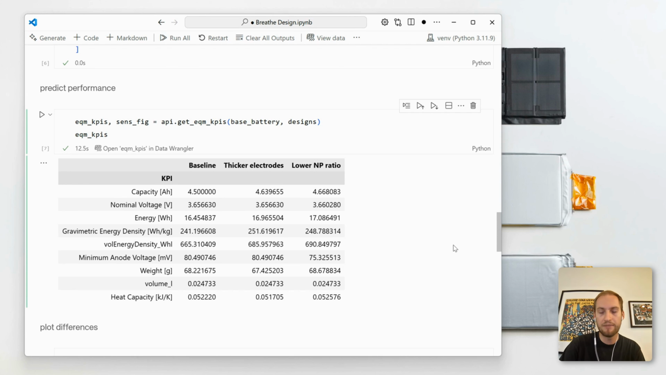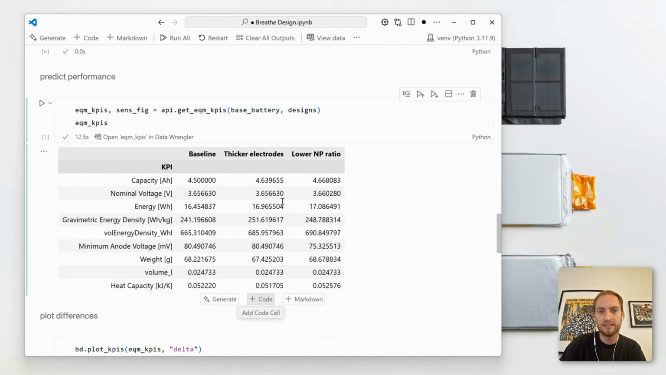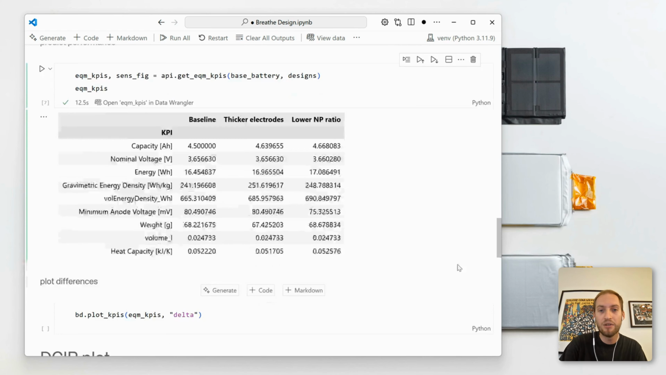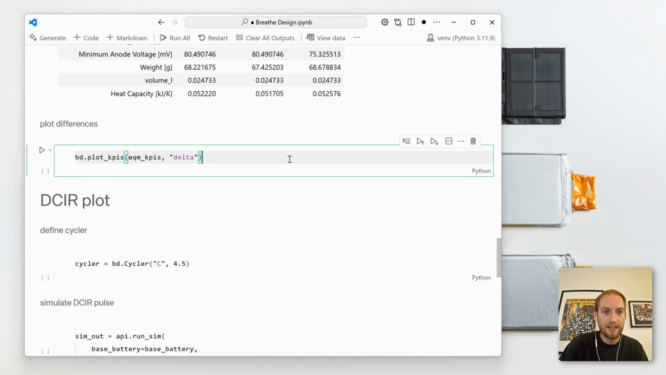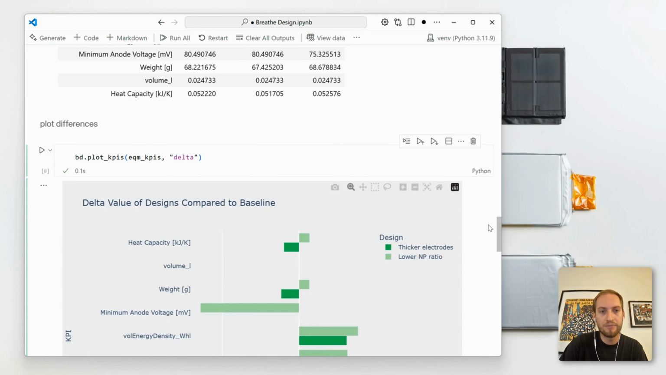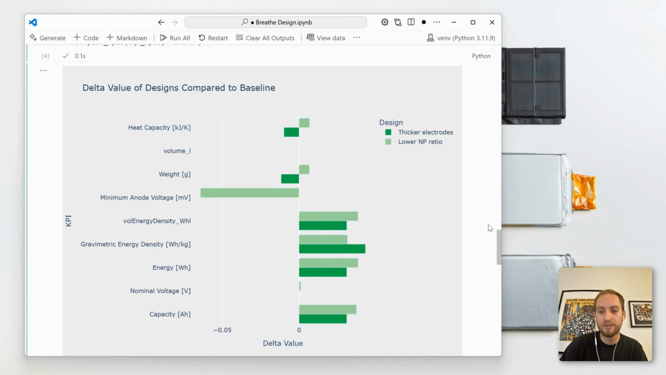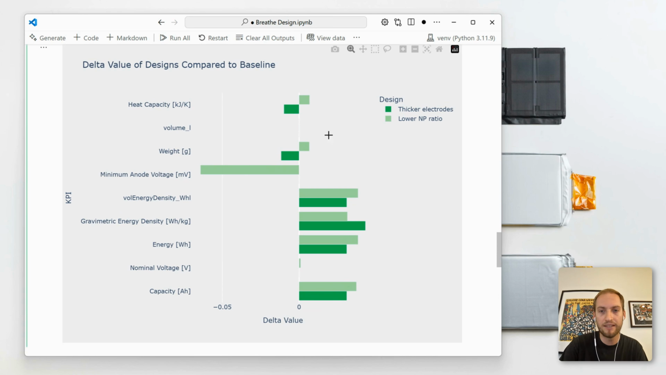So again, because the API builds in some of the core functionality to make it easy to use, we've created some plotting features because a table is sometimes hard to tell that story. So what I'll do is Breed design plot KPIs, and I'll just pass it the data from this table. I'll ask for the delta, which means the absolute value difference in these KPIs. You can see here, I have in dark green my thicker electrode design, and in light green my lower NP